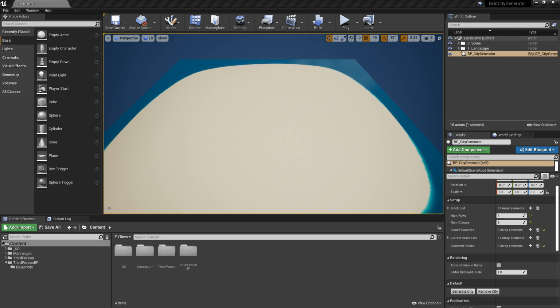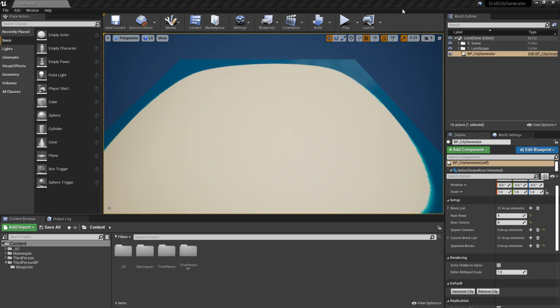This video is going to be a very quick showcase of the project and then a short tutorial on how to change some of the assets and configure the blueprints. And then if you want to do a much deeper dive, you can open the blueprints yourself and look at the comments. So first thing I'll do is when you open the project, you're going to be right here on